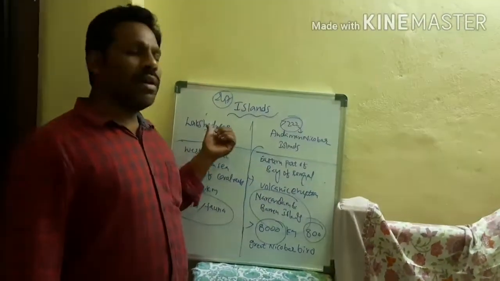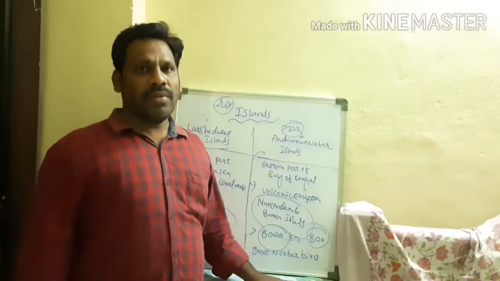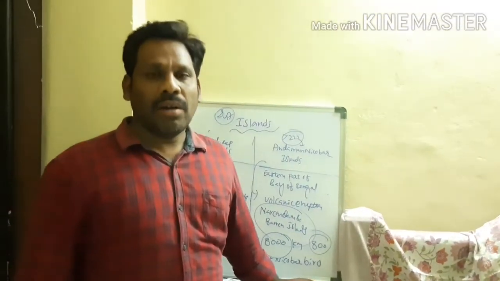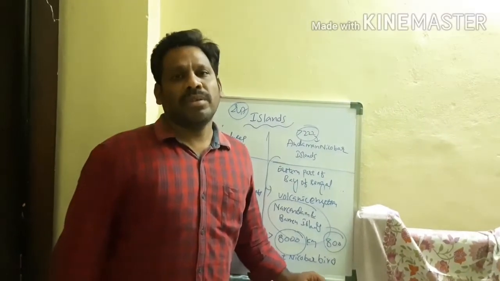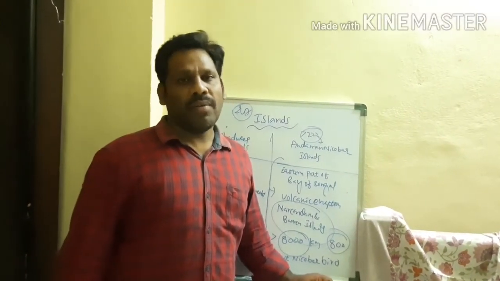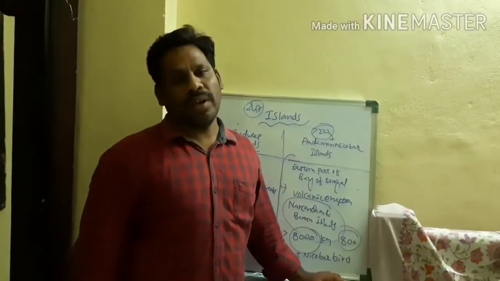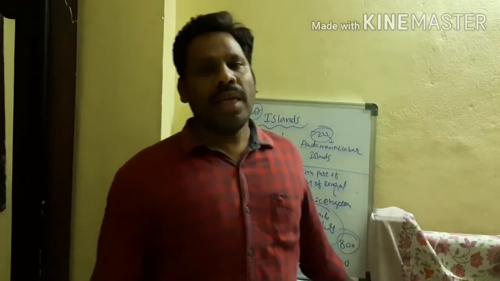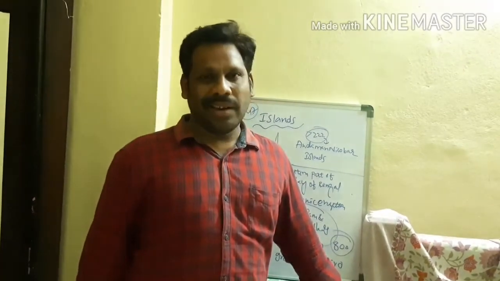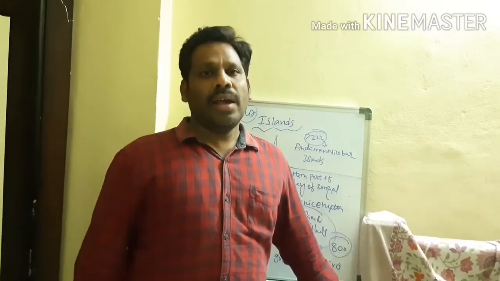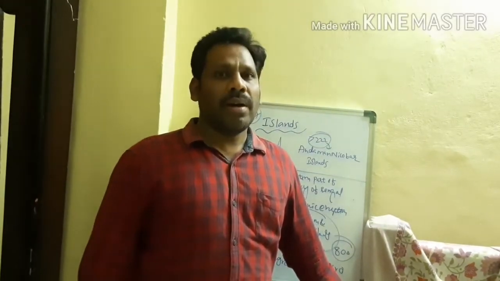Western coastal plain is divided into how many parts? 3 parts: northern part, central part, and southern part. The northern part comes in the part of what? Maharashtra and Goa. What is the coastal limb of Maharashtra and Goa? We can call it the Konkan coast. And the central part, which comes under Karnataka state, is called the Canara coast. And the southern part, what? Kerala state will come. It is known as what? Malabar coast. What is the coastal limb of Kerala state? Malabar coast we can call.